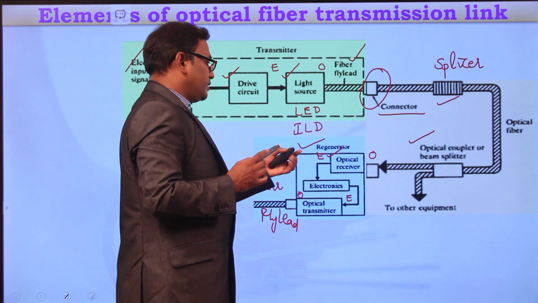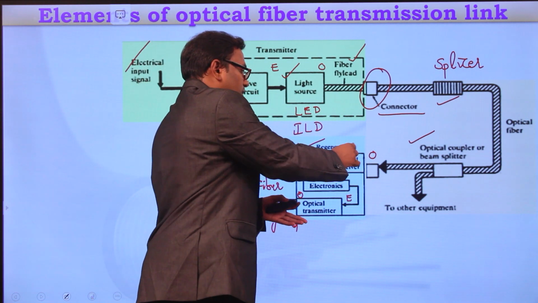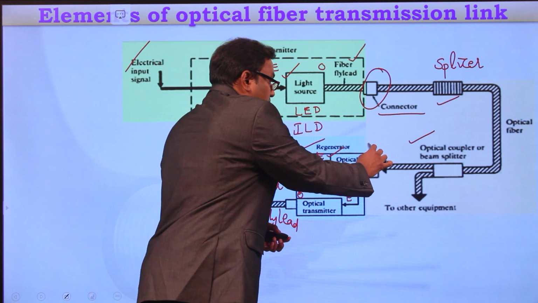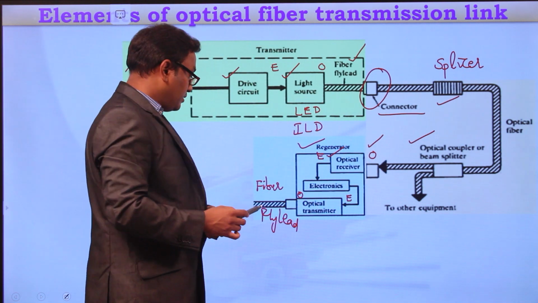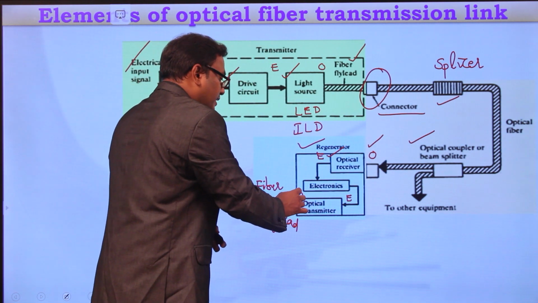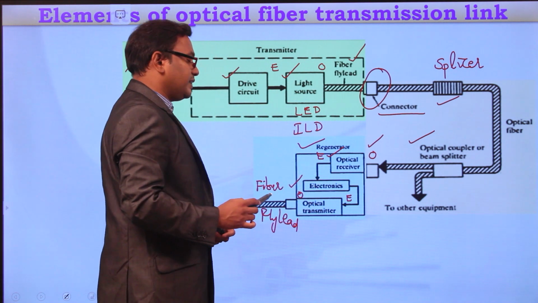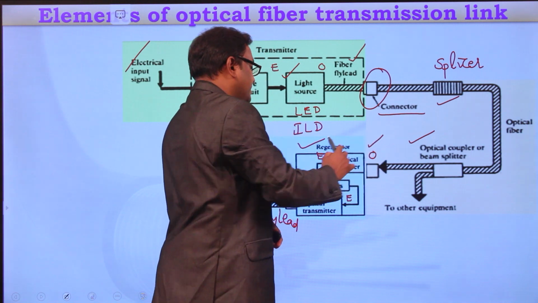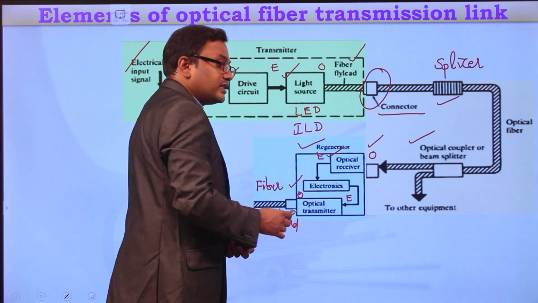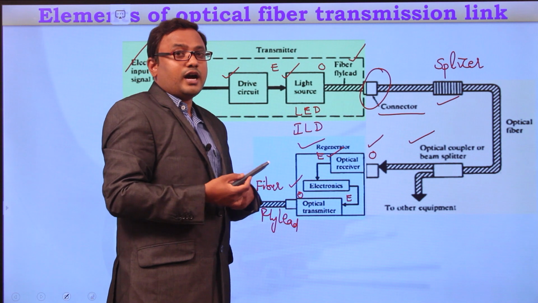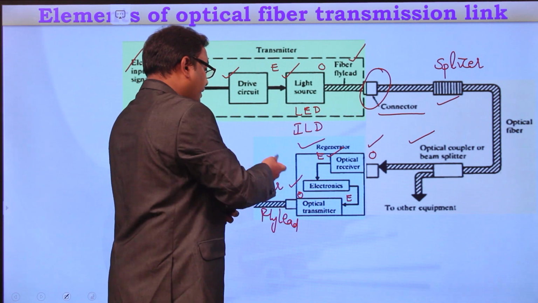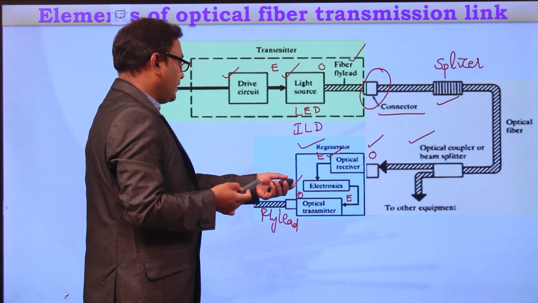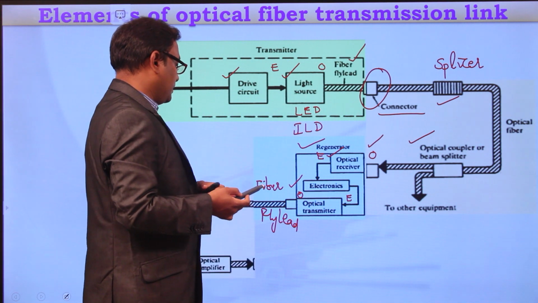Right? So here, what is the input to the regenerator circuit? That is the optical signal. What is the output of this regenerator circuit? Again, that is the optical signal only. But what is the difference? Here, the input is the weak light signal, the output of the regenerator is the amplified optical signal, and this amplified optical signal will be again connected to the channel part.